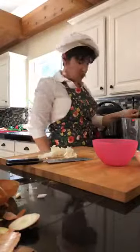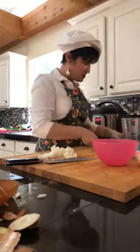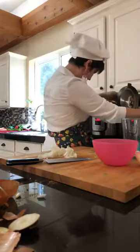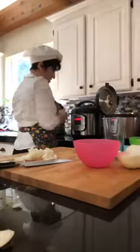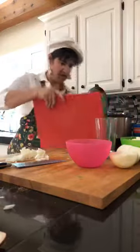Okay, so sauteing, since Pam would like to have her onions sauteed, I'm going to use this little Instant Pot. Make it super easy and fast. And because it's set up right here rather than having to go to the stove,